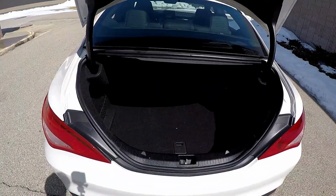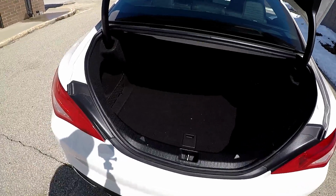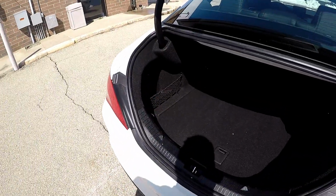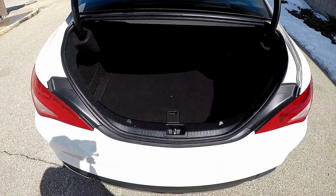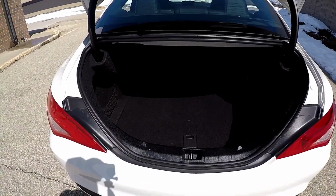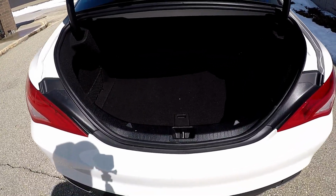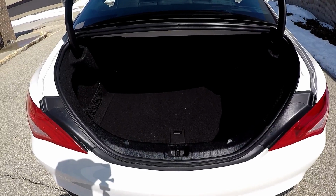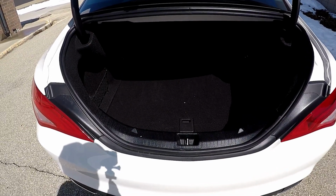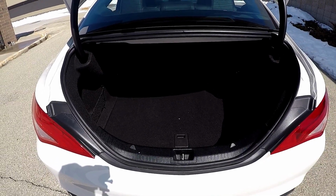Alright, so taking a look at trunk space, I would definitely say, again, it depends on which way you want to look at it. Because as a sedan, you may say trunk space is kind of small. But looking at it from the coupe's perspective, this is a fairly reasonable amount of trunk space. I did a comparison in my last video, and